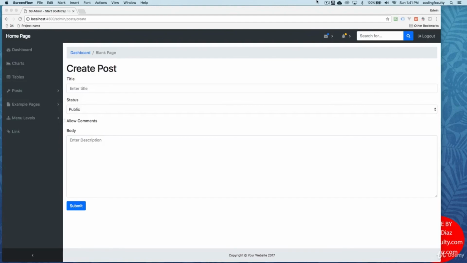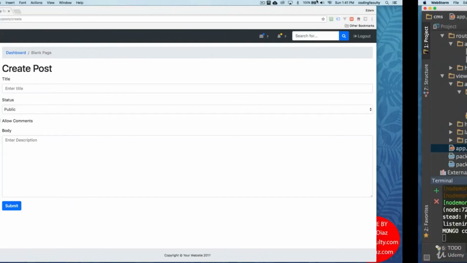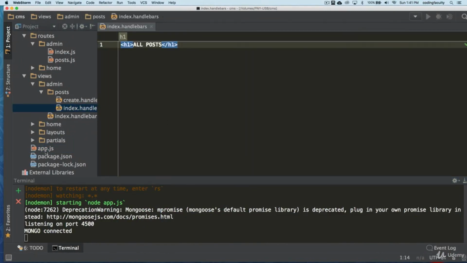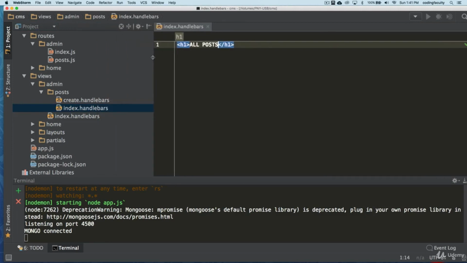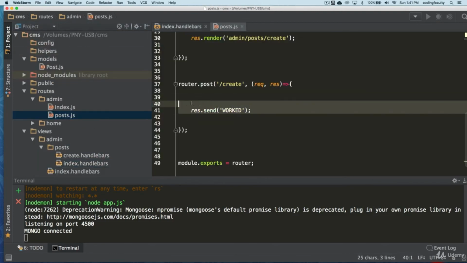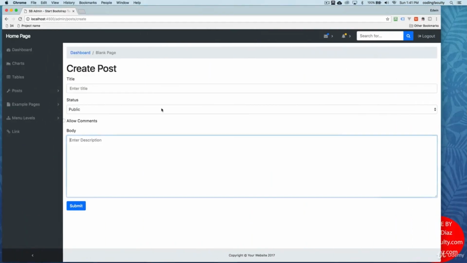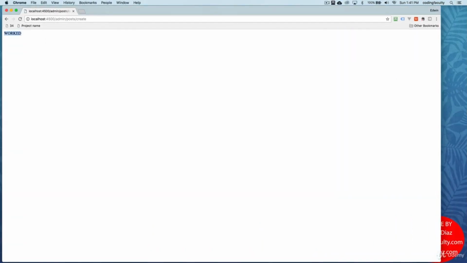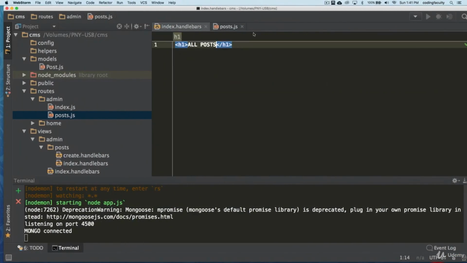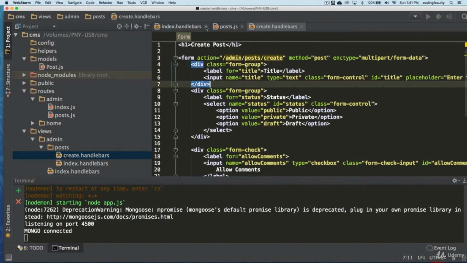Welcome back, my dear students. So we have our form here. In the last lecture, we finished our models and all that, but it's time for us to start creating some data. The first thing that we are going to do is go to routes, posts. We know that this is working because we checked it. And we need to start making sure that we send data to our database. We have the variables.